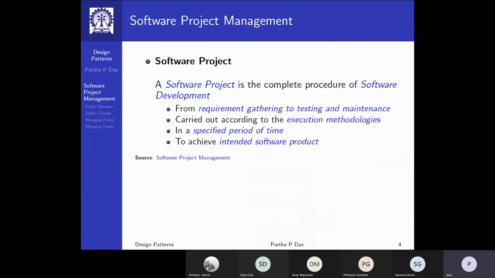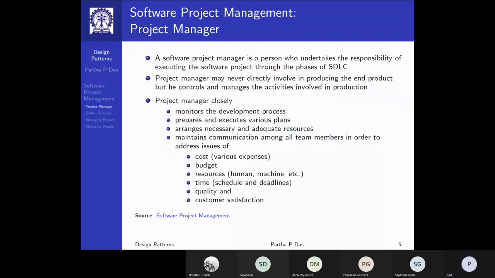This is the part that we have, from the developer's perspective, tried to understand to a significant extent. And then it needs to be carried out according to execution methodologies, depending on the SDLC you are following, depending on the quality compliances that you have to do, and so on. It has to be done in a specified period of time, and you have to achieve the intended software product. So the whole of the activity where you do this is a software project by definition.